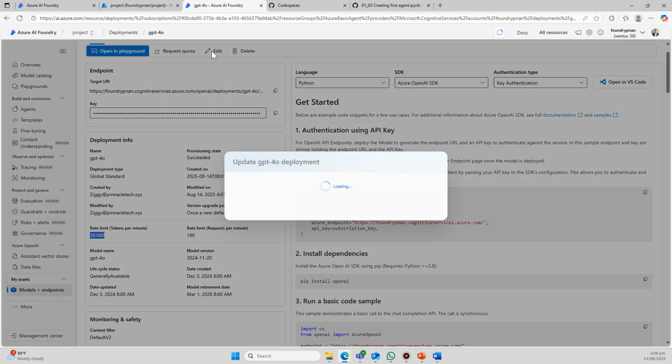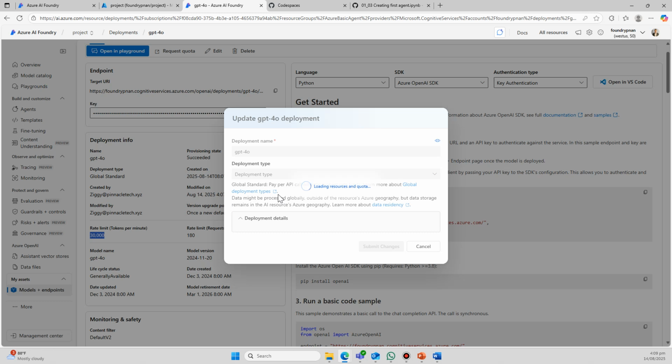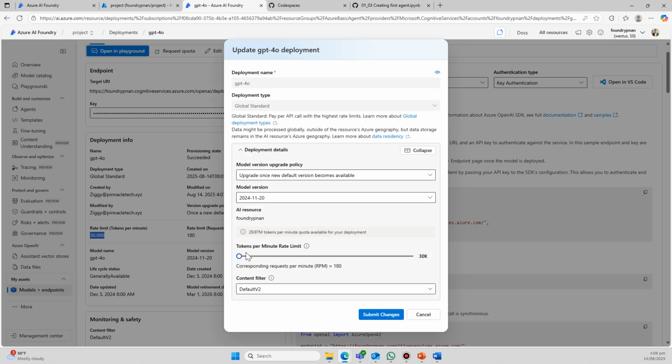We can actually modify this. When you have agents, you need higher tokens per minute, so you can specify here. In my case, my subscription can allow up to 30 million, but for the purpose of this demo, let's specify it up to, let's say, 250,000. Normally, we'll do capacity planning here based on the amount of usage you expect to incur on your agent. So click on submit changes. So that's how you actually specify the rate limit.